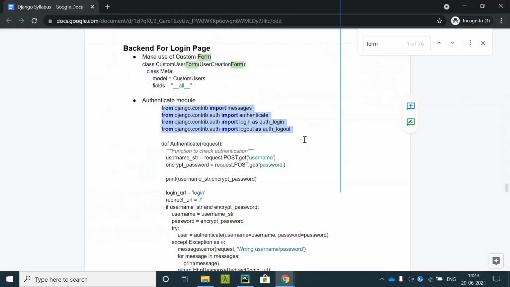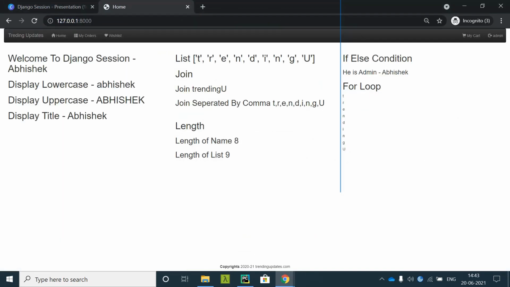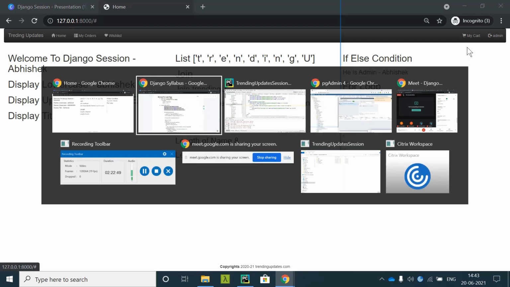So on clicking logout, nothing happens. You see here, once I reload, now the admin name is being displayed. Once I click on this admin, I have nothing here. I have not defined anything over here, so logout functionality is not given.